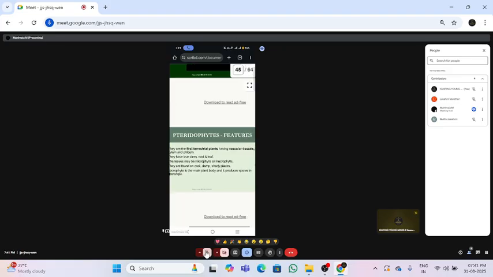Okay, so pteridophytes are tracheophytic, archegoniate, embryophytic, without seeds. The name is derived from the feather-like leaf nature. And who is the father of pteridology? Haeckel. Pteron means feather, phyta means plant. So it is the first land plants with vascular tissues. Pteridophytes are commonly called botanical snakes or vascular cryptogams.